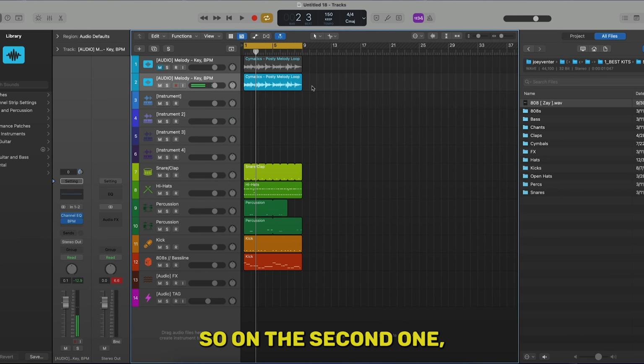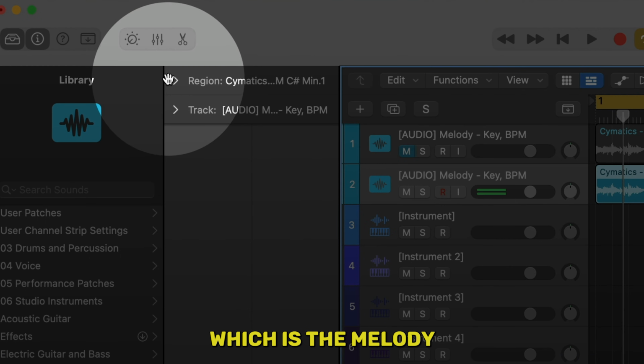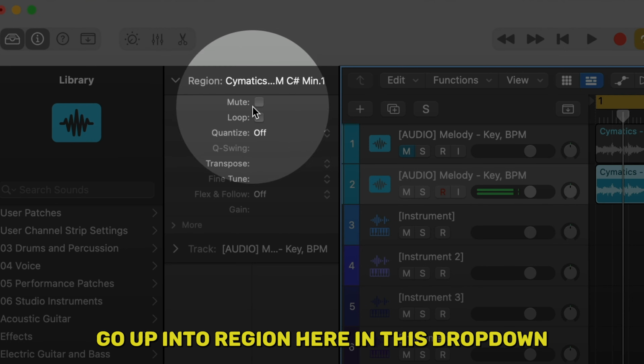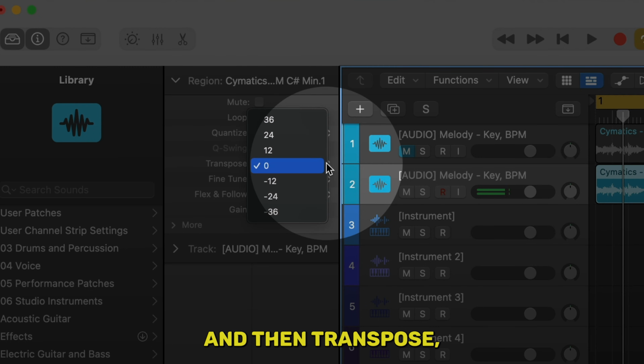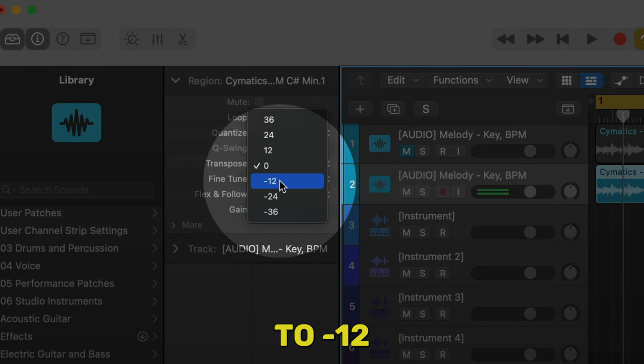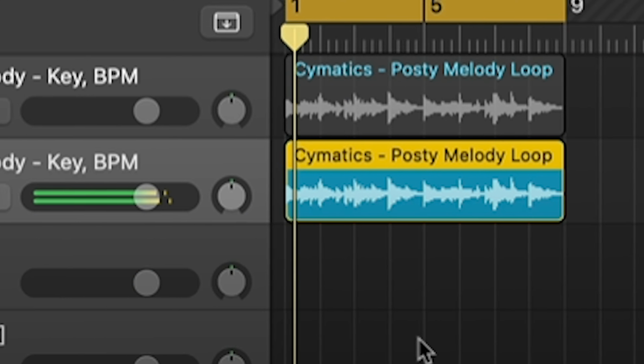So on the second one, I'm going to select this audio file, which is the melody, go up into region here in this drop down, and then transpose. I'm going to drop that down to -12. So if I play it,